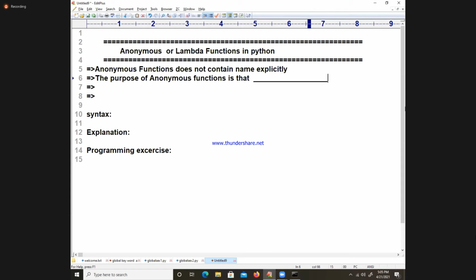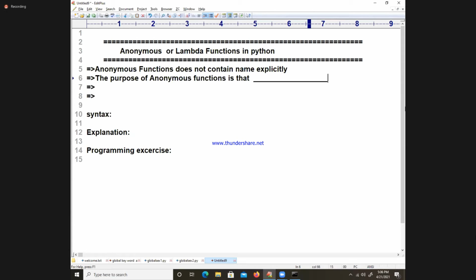So look at these days, or some days before lockdown and all, when you take a cup of tea or something, they are giving it in a paper cup. You will drink it and throw it away. So what is that usage? You are taking that cup, your purpose is to drink. You drink a cup of tea, and you just throw it out. That is known as what purpose?